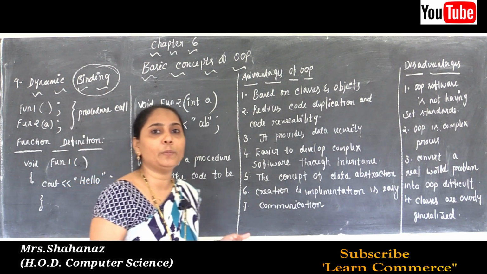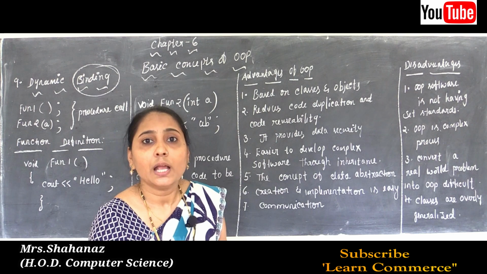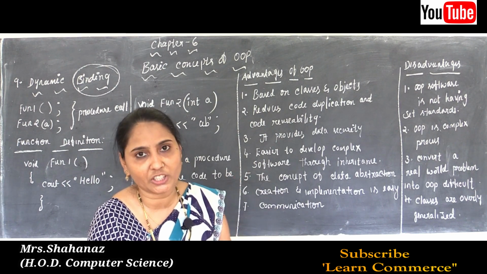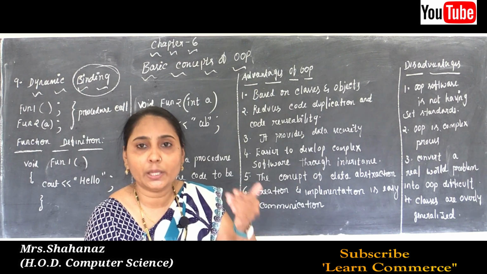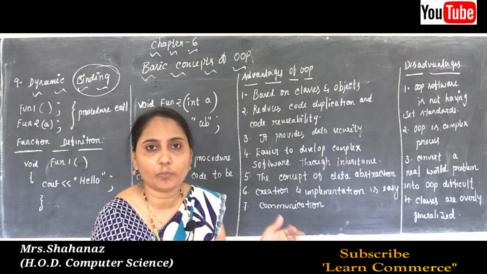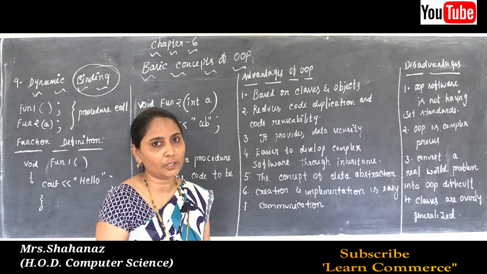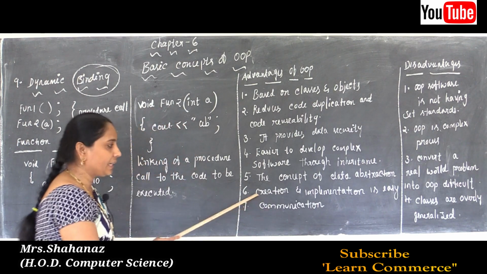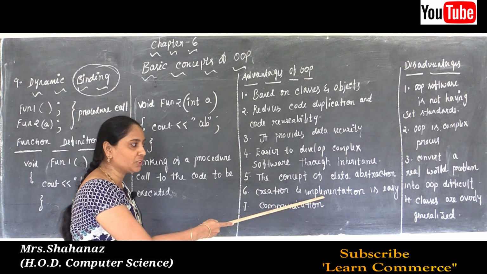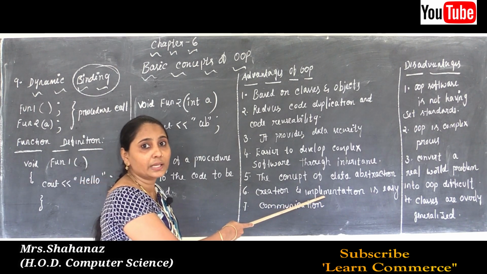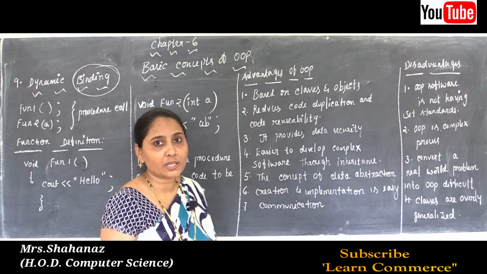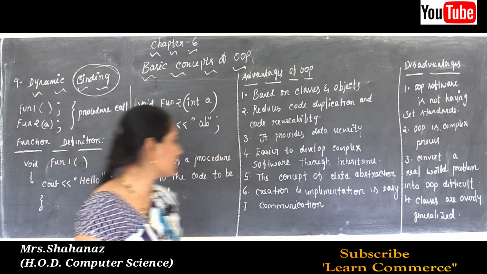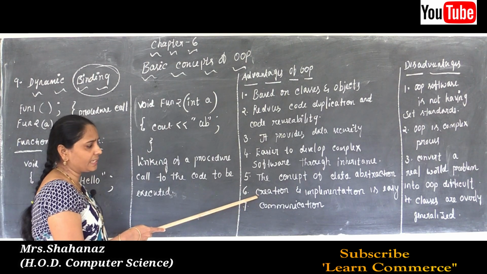What do you mean by implementation? Implementation means maybe you are going to add some new features in this case, or maybe modification. The modification, implementation and creation, whatever it is, is very easy in object oriented programming. So the creation and implementation of object oriented programming is easy, thus it reduces the development time. So this is our next advantage.